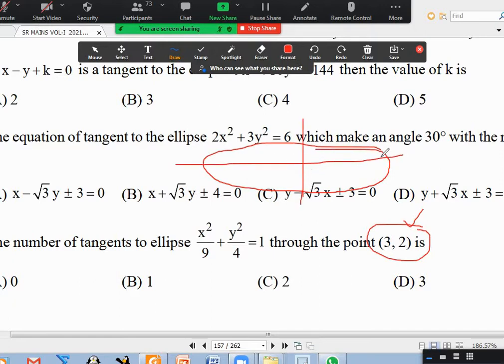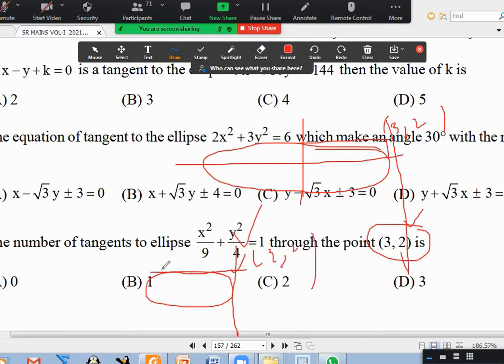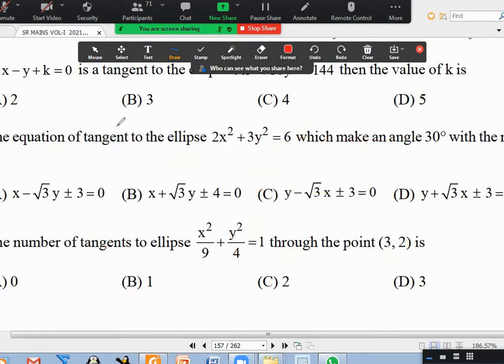But what if this point is straight above this and straight horizontally from this? This is the point 3, 2. Okay, it is that vertical tangent. Anyway, this is your ellipse. You draw the vertical tangent at the rightmost point and the horizontal tangent at the topmost point. Where they intersect, that is only 3, 2. So this line equation is x equal to 3 and this horizontal line equation is y equal to 2. Anyway.